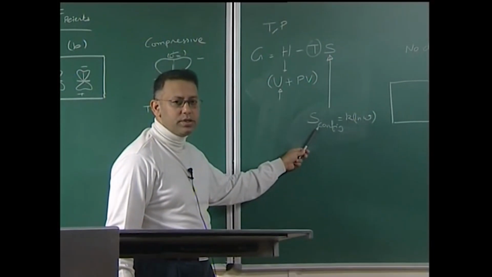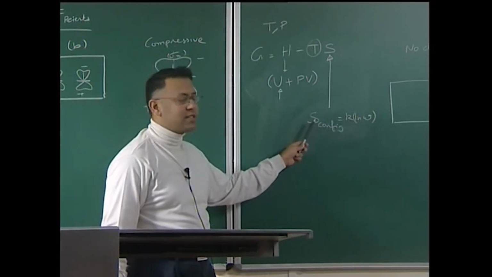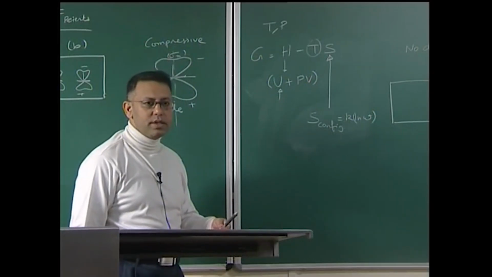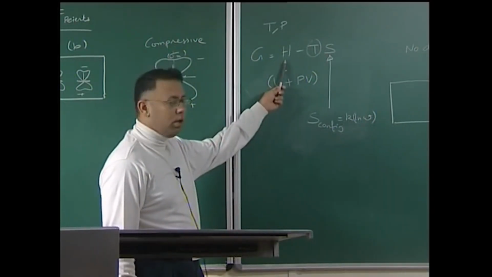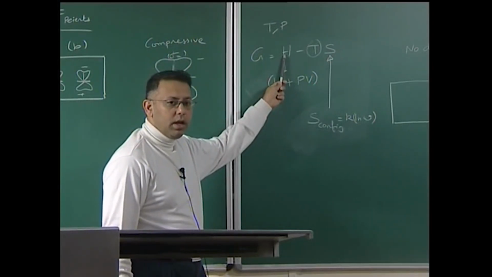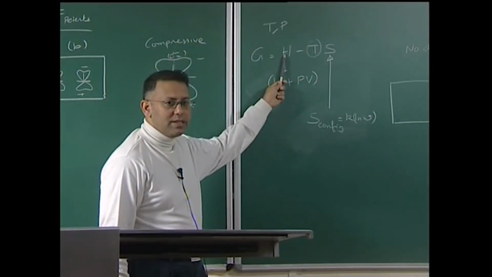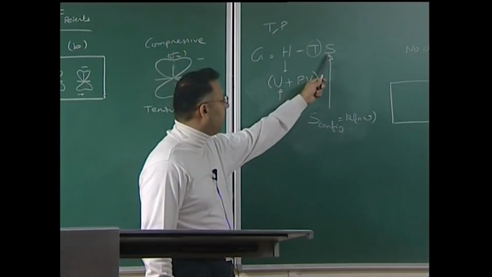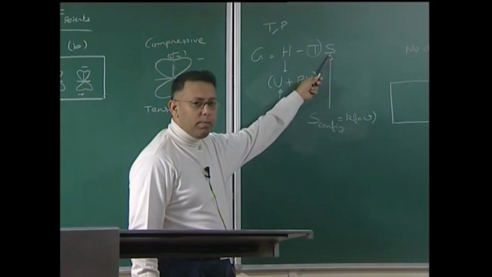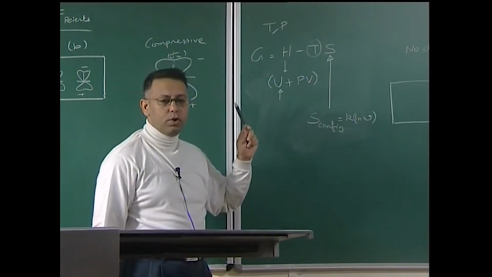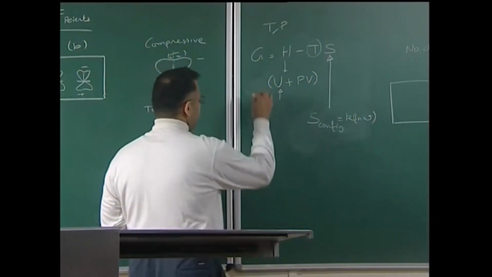Therefore, a system with a vacancy has a higher entropy as compared to a system without a vacancy. When we put more and more vacancies, it is going to cost the crystal more and more in terms of the internal energy and hence enthalpy, but there is going to be a certain number of vacancies which are going to be thermodynamically stable. In other words, if I put a certain number of vacancies, it will give me the maximum entropy benefit such that my H minus TS term actually turns out to be negative. And if the state